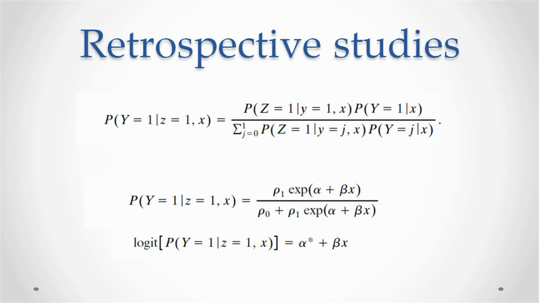However, an important class of sampling designs is the retrospective sampling design. You may, for example, have heard about the case control design in biomedical studies. In such situations, for samples of subjects having y equal to 1, who are called cases, and y equal to 0, who are called controls, the value of x is observed. Now, we will say that there is an association if the distribution of x differs between the cases and the controls. In retrospective studies, we can estimate odds ratios